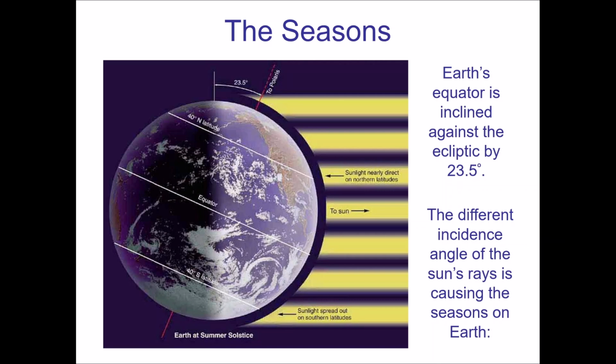It kind of hits at an angle, and it's spread over a larger area. So you're just getting less light per unit area there. And that is the main reason why there are temperature differences for the seasons, because the northern hemisphere is not only receiving more direct sunlight, but if you notice in the picture here, more of the northern hemisphere is just